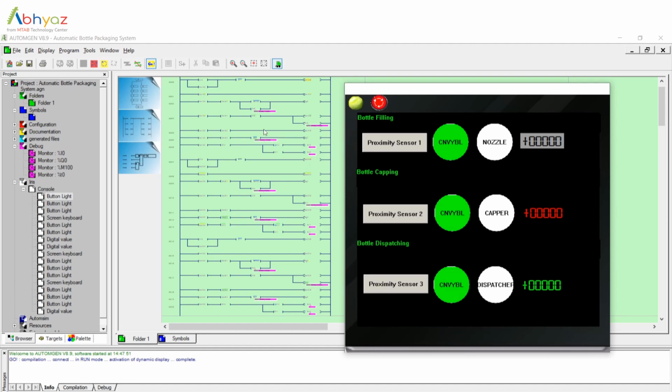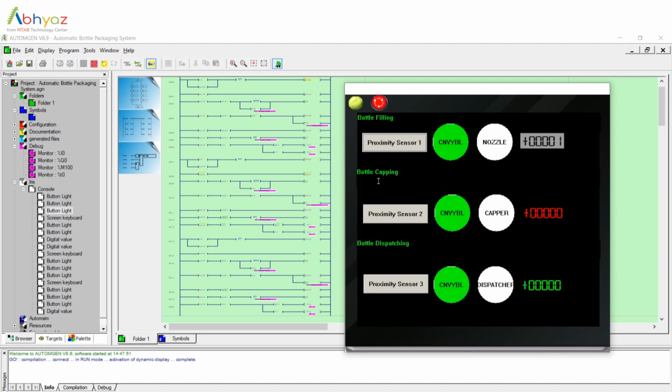Since I don't have an actual sensor with me, I will be manually operating the proximity sensor, and we can see what is taking place. When I trigger the proximity sensor, you can see that the timer has started, the conveyor belt has stopped, and the nozzle is filling the bottle with water. After the process has been done, the conveyor belt will continue.